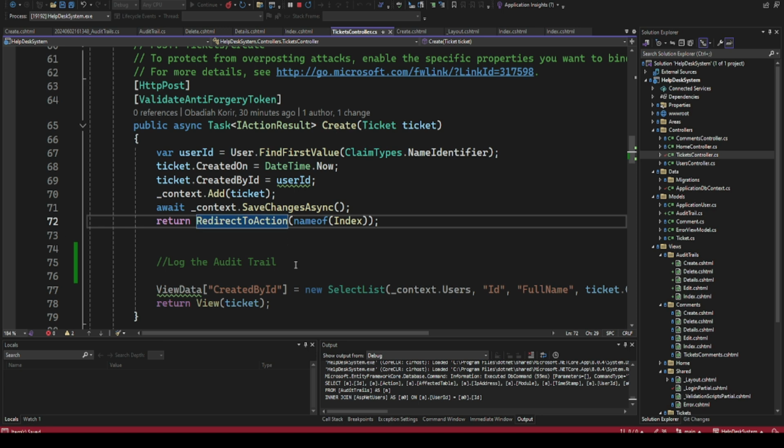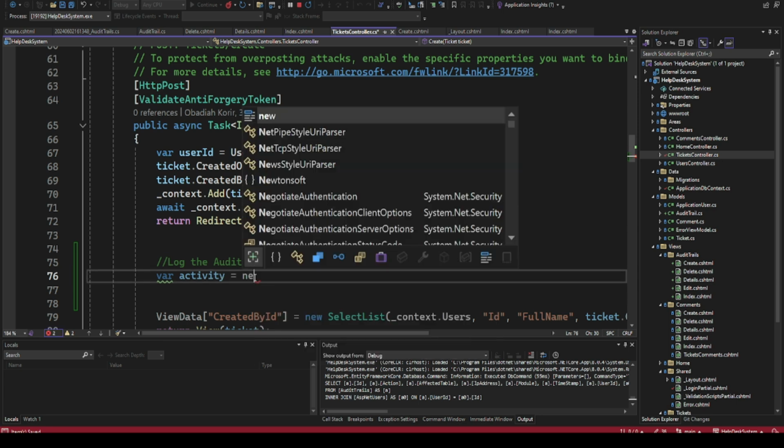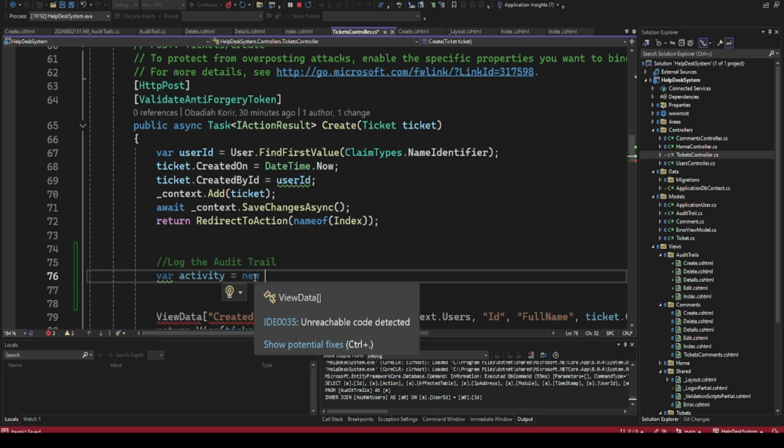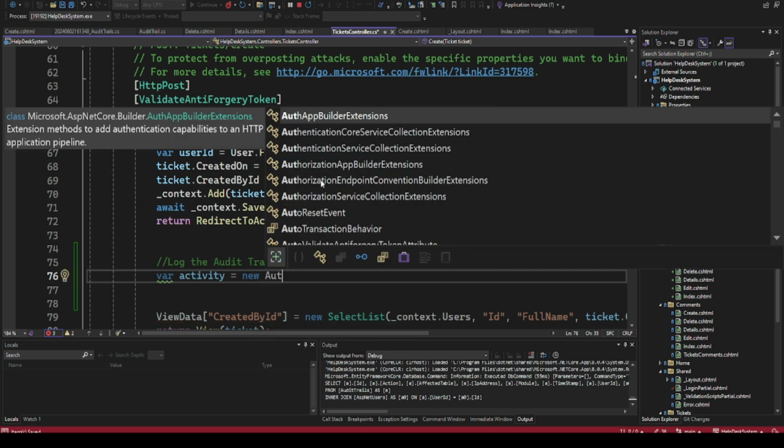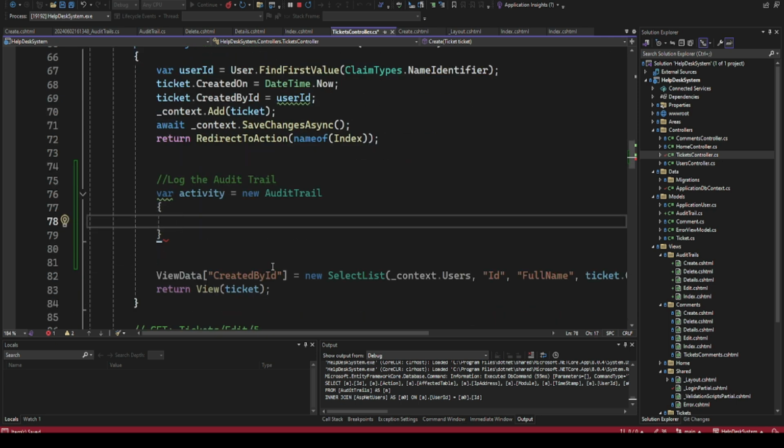So what I want us to do here is, I'm going to do variable activity, then I'll say new audit trail. We actually did a video about audit trails. If you want to see that video, comment down below and you'll be able to see the link we've added there. So I'm going to say action. Our action will be create. So this person is creating the